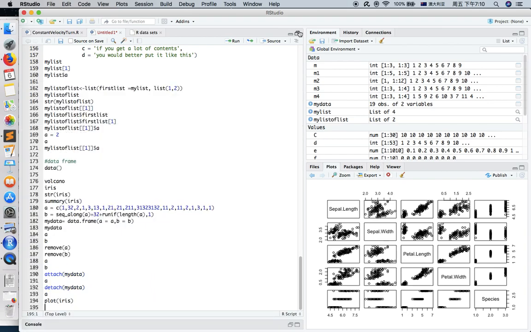And for our data, it doesn't matter really much because